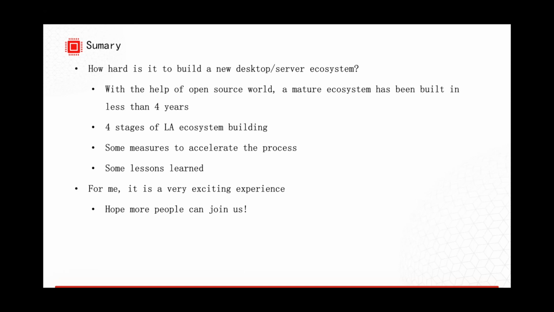But it does not come without preconditions, because the Loongson team has worked on processors for more than 20 years. They have gained much experience and many core components, for example compilers and big ones like browsers. Because they have experience in almost all major software, things can be done in a relatively short period.